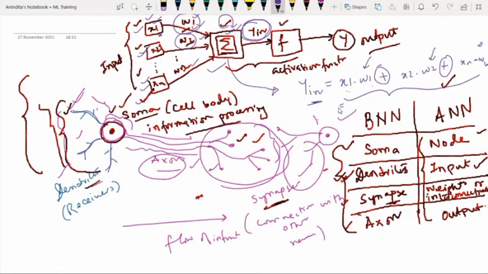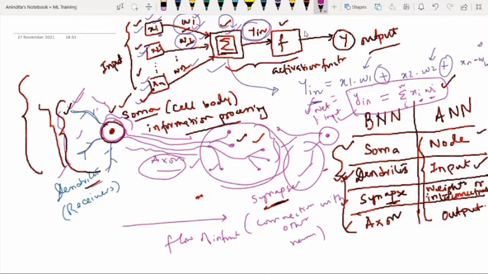So conceptually it will look like y in, which is equal to the summation of i equal to 1 to m number of inputs, x i times w i. So this is the basic representation of the weighted sum, input into weight. It is also known as net input. So y in is known as net input. This is the first concept.